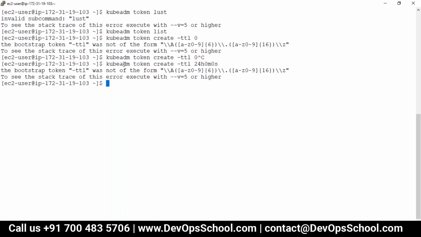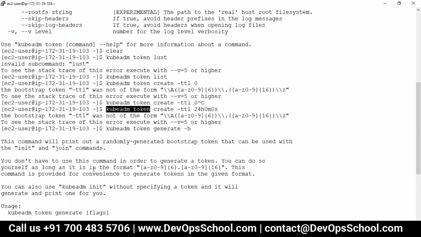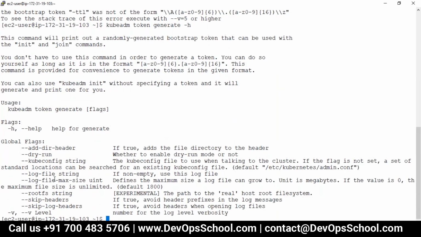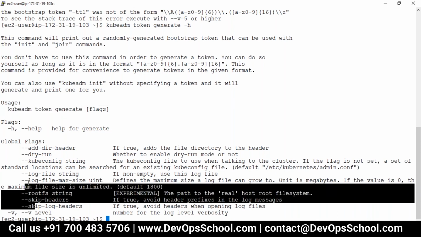Okay, so what is this problem? This version is not supporting that command, but no problem. I have a way to get to know, and that is called generate -h. And here I got this exact command. Where is the TT?